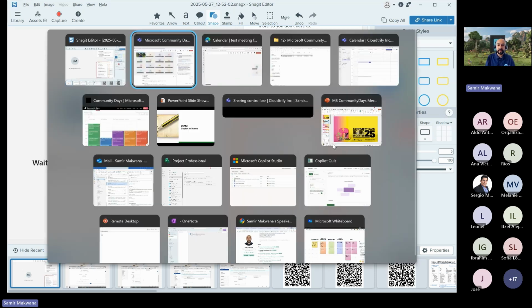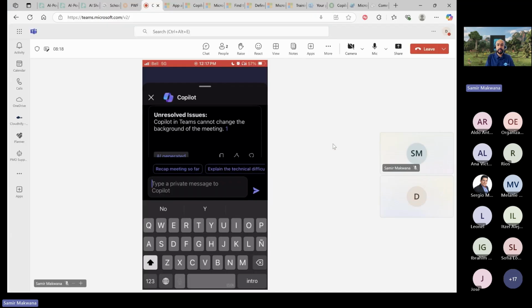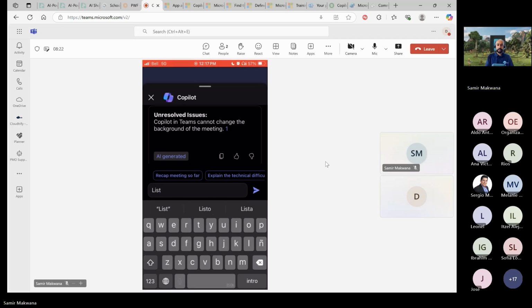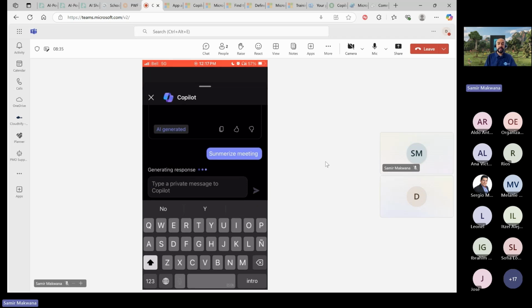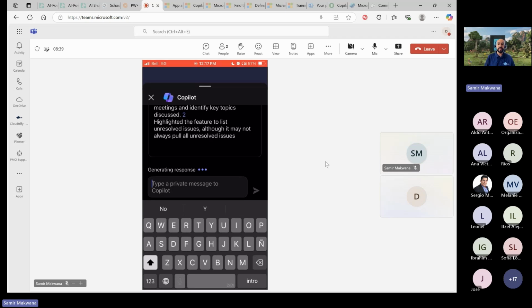So let's go back to the screen where I was presenting, and let's generate the notes. Summarize. Let's see, I made a typo while I typed summarize the meeting, but let's see what it says.